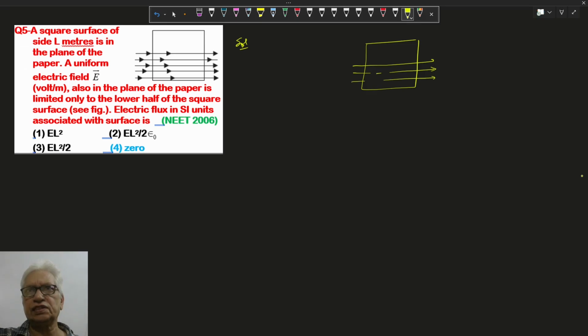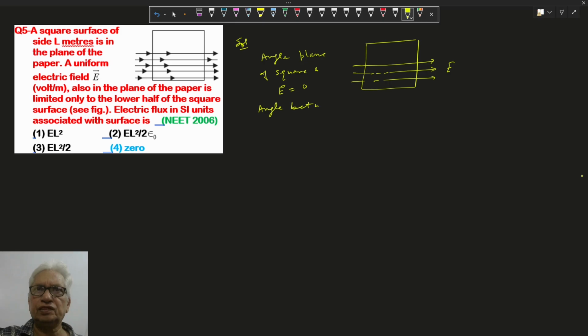So we can say there's no flux linkage with the square. This is the direction of the electrical field, lines of force, and the normal perpendicular to the plane. The angle between the plane of the square and the electrical field, what is that? 0. But the angle